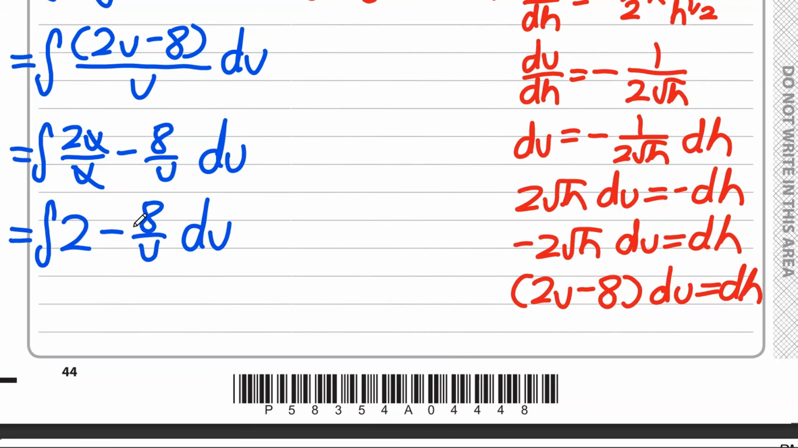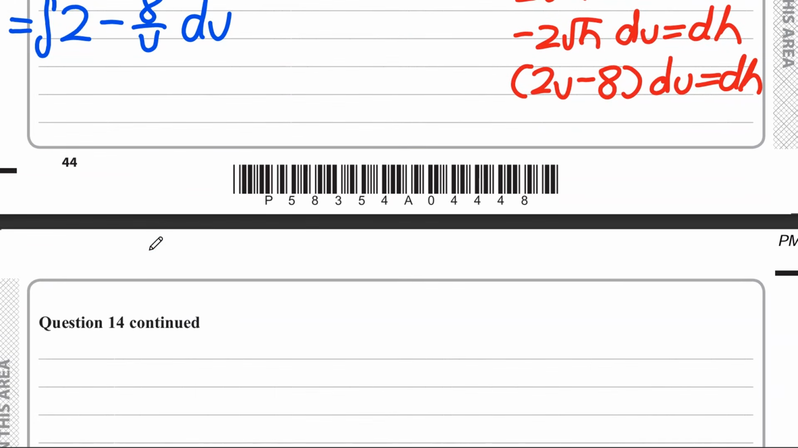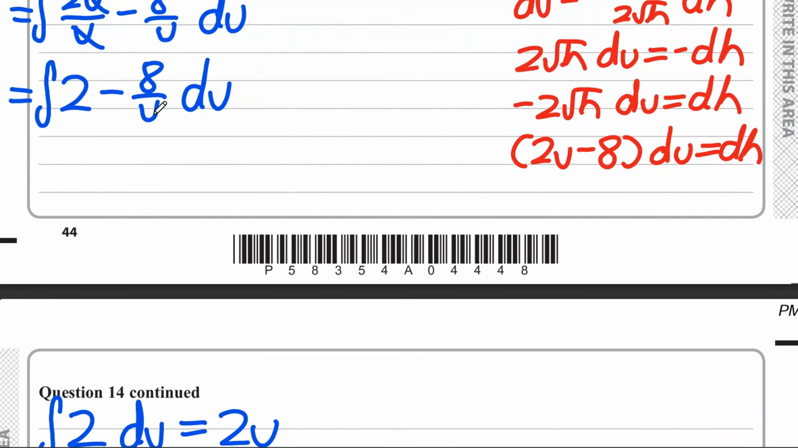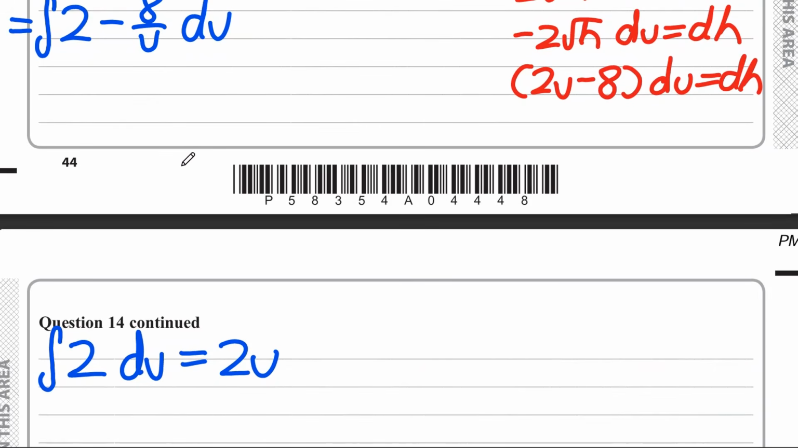Okay, so we have these 2 terms, so let's consider them individually. So if we start with integrating 2 du, this is going to be equal to 2u, if we integrate this. And then if we integrate this minus 8 over u, I think it's easier if you take the minus 8